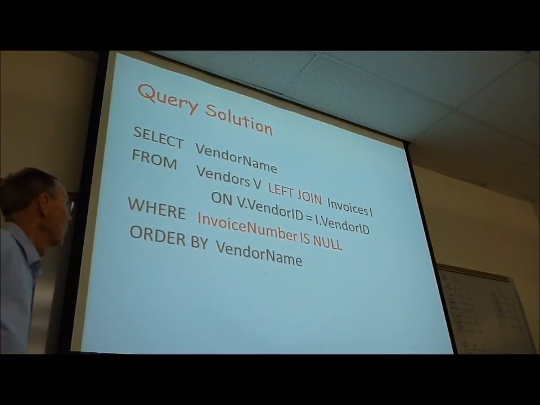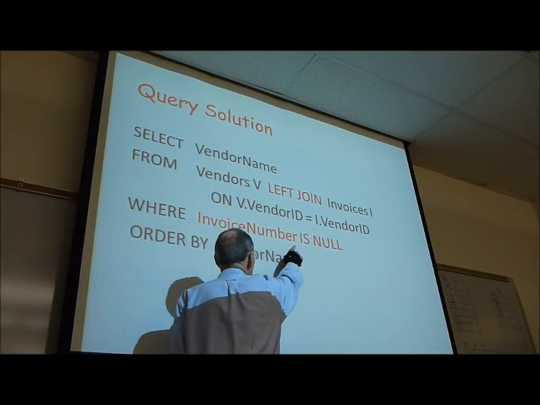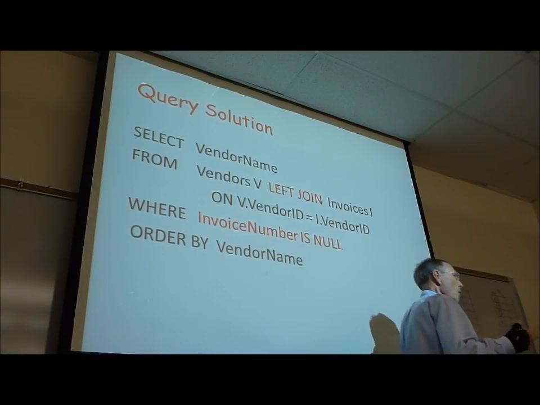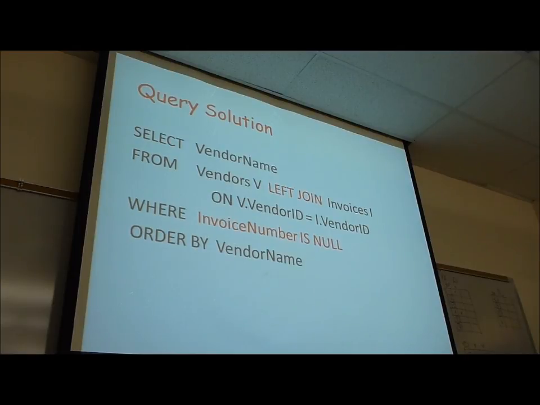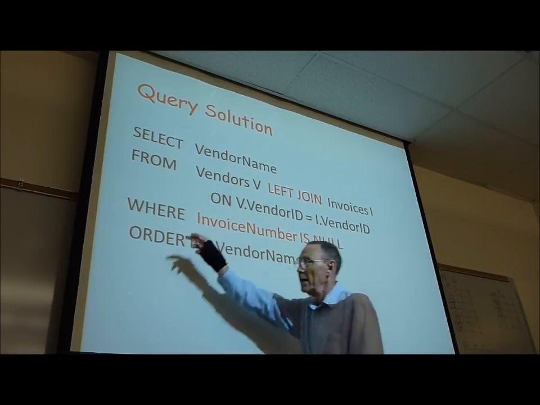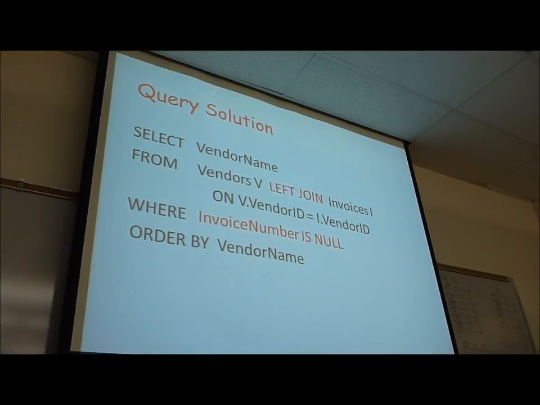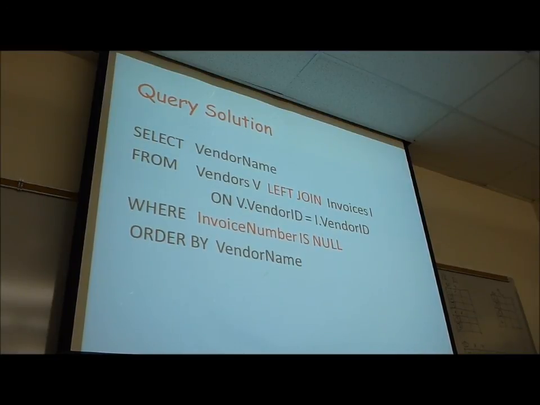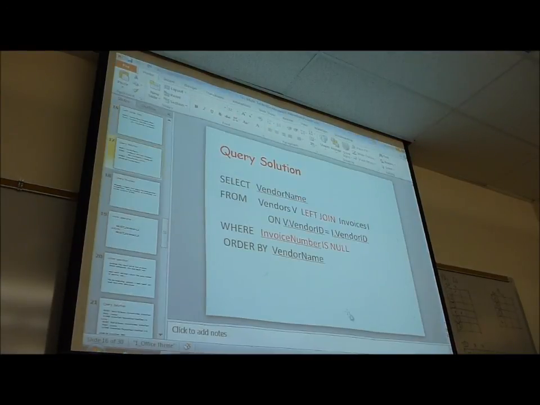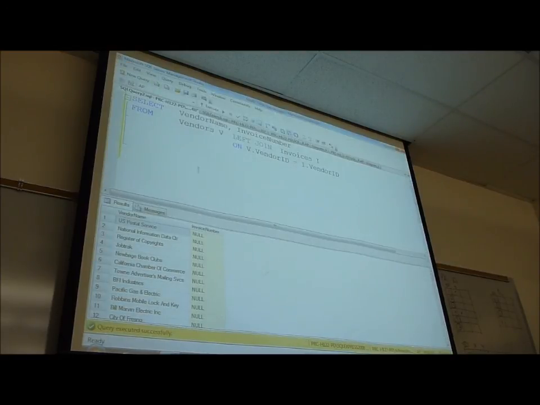So what we want to look at is where invoice number is null. You can't say it is not equal to 0 or something like that. Null means no entry. Nothing's there. So we'll come back in here and we'll modify this. So I'm going to come back to my query. I'll say where